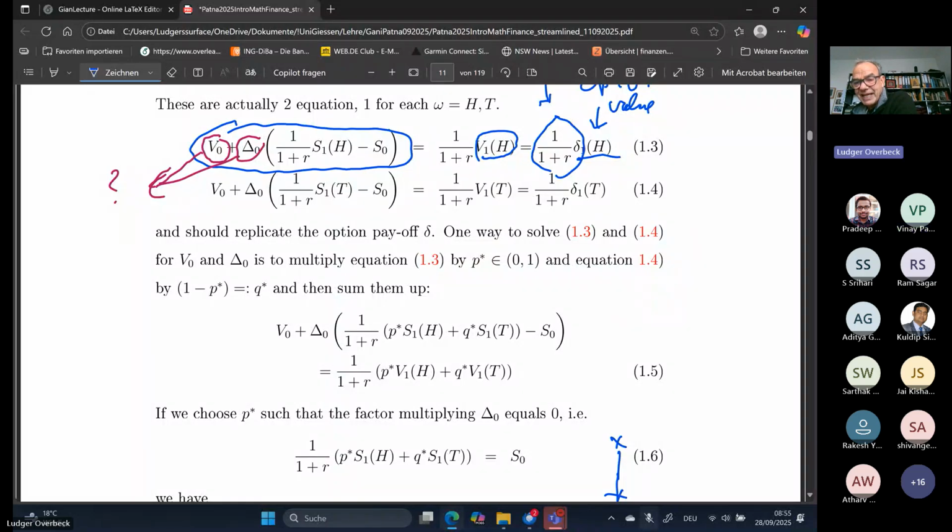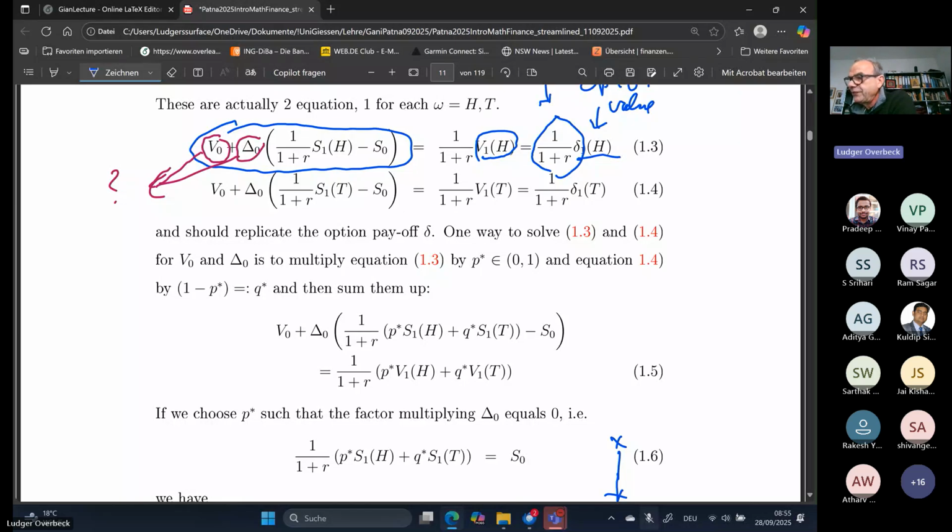Currently, that's a numerical trick, put it like this. So how do we solve an equation like this? We just pull in mathematics or numerical analysis. We have two equations. Usually you solve it by adding them up or whatever. Now, the first step, we weight them by P star, and then add them up.